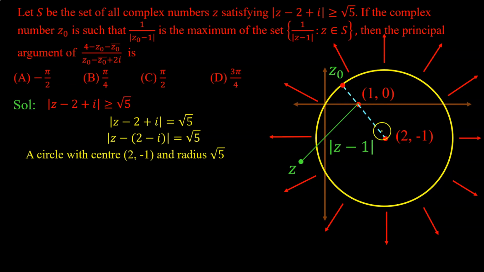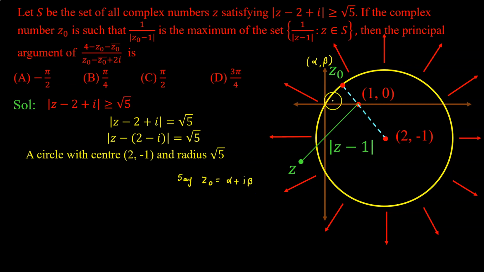So in fact we can find the point z0. We can easily find this line equation, write the circle equation, solve them and find z0. But we actually don't require z0 per se to solve this question, because of the way they asked it. So let's say z0 is some point (alpha, beta), so z0 is alpha plus iota beta.